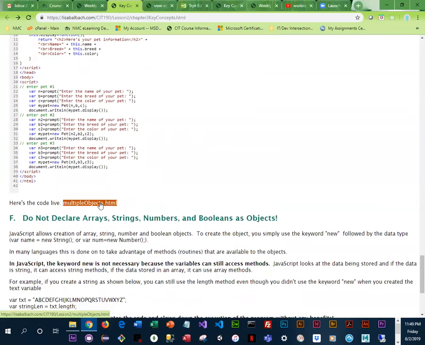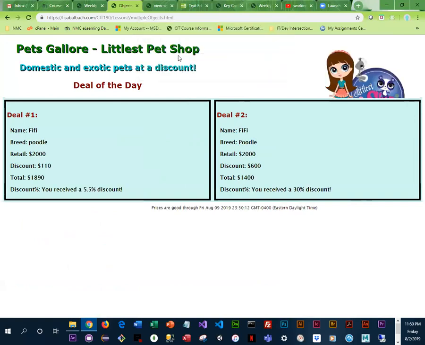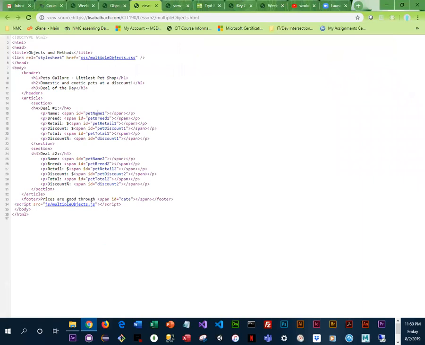So if you want to see the code live, you can go ahead, enter the pet name, Fifi, poodle. Enter the price. Fifi is very expensive. Enter the discount, 10 or 110. Okay, so what a bargain Fifi is. Only $1,890. Oh, we got another Fifi. This was hard coded. So if we right click and view the page source, here is the HTML and here